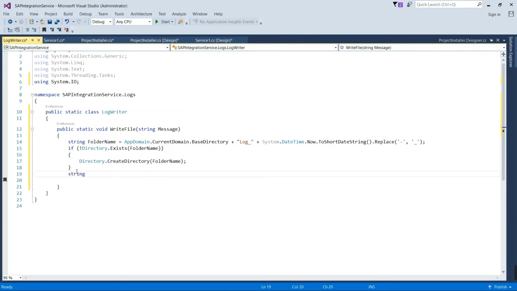Now we will create a file, a text file, inside this folder.